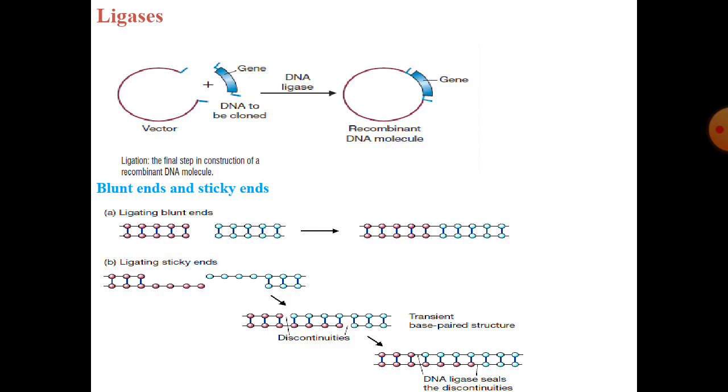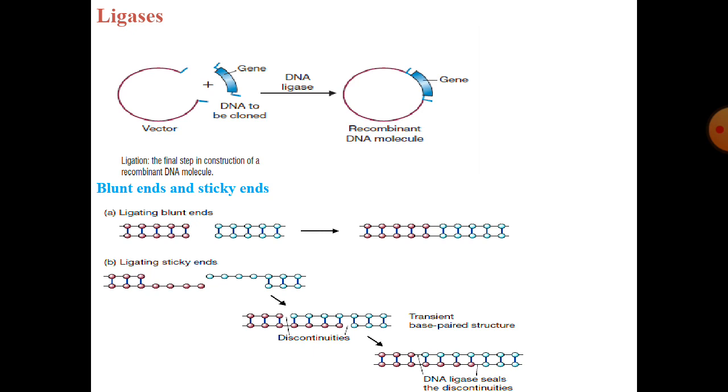So there are ligases, which are in contrast to these enzymes. Ligases actually insert a particular fragment of DNA that is cut by restriction enzyme into the desired vector. In the previous video, we have studied plasmid as vector and how it is used in genetic engineering. Here, a fragment of DNA is joined at a particular site in the vector, and recombinant DNA molecule is formed.